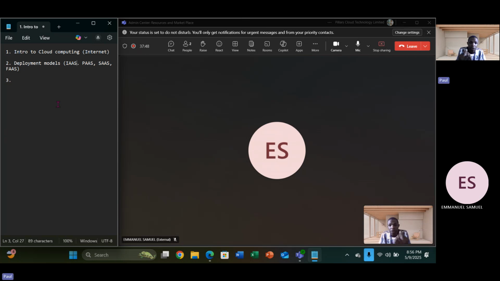Oh, deployment model, what am I even doing? This is service model. This is service model. So I'll just change this to service model. Service model. And then deployment model. Let's just do this. If I now do deployment model, and I do